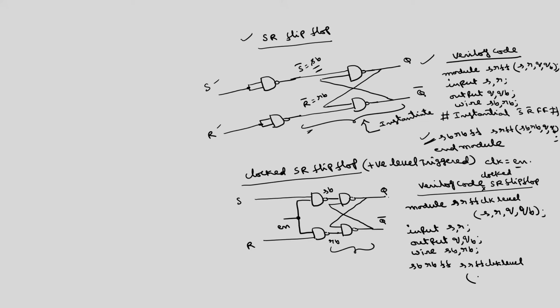So, what are the inputs and outputs of this flip flop? SB, RB are the inputs, Q and Q bar are the outputs. SB, RB, Q, QB, then end module. So, slowly we started with the S bar R bar flip flop, then we moved to the SR flip flop, then we have applied the clock also. Now, what is D latch? Simply you have to connect a NOT gate between this point and this point. So, what is the code corresponding to D latch or positive level triggered D flip flop?